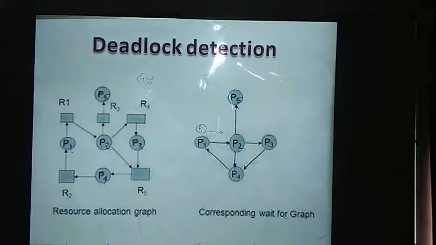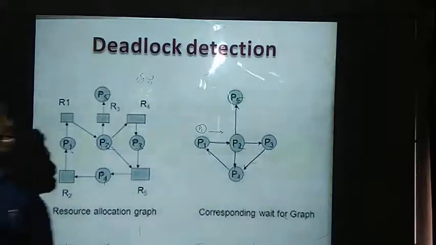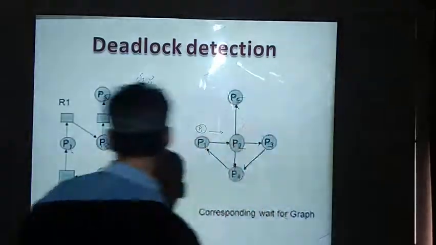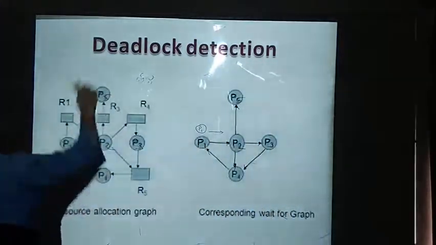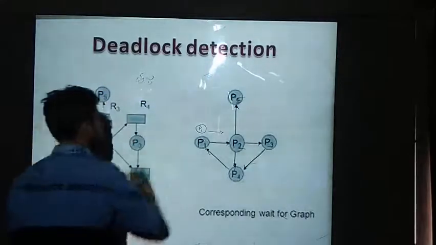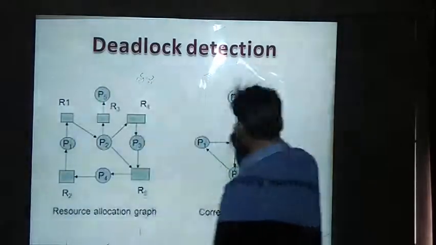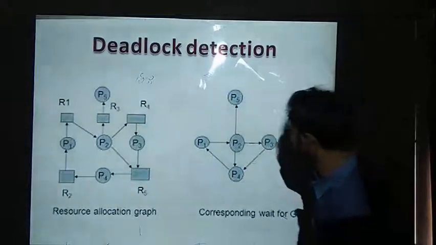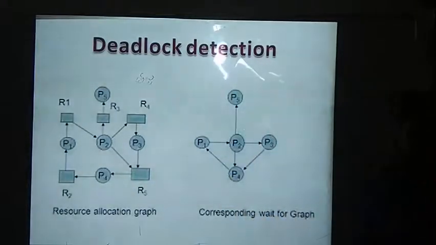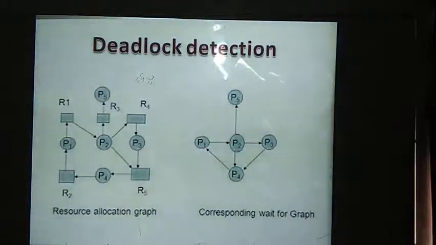In this way we detect whether we have any deadlock situation in our system or not by using the resource allocation graph. Or simply, when you have a clear idea of how many resources are allocated, how many resources are requested, and how many resources are available, then you can detect the deadlock situation, as we have done in the Banker's algorithm.